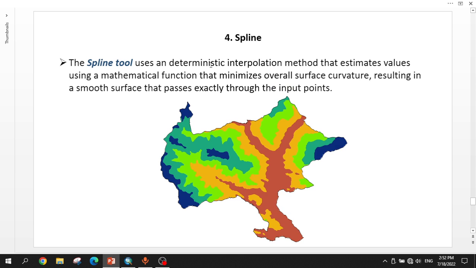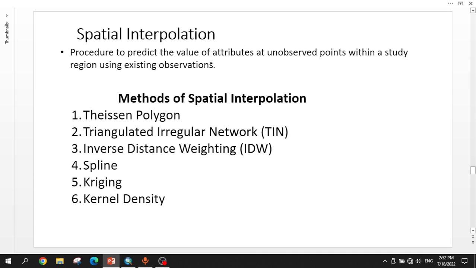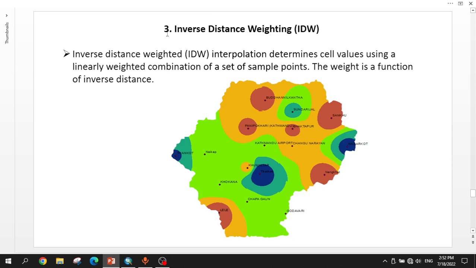So in this tutorial we have learned about the Thiessen polygon, TIN, IDW, spline, kriging, and the kernel density. So this is all for the lesson. So thank you,